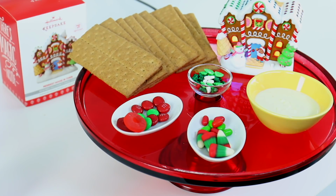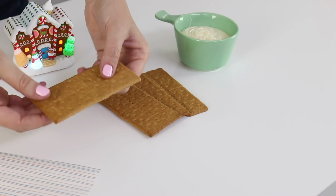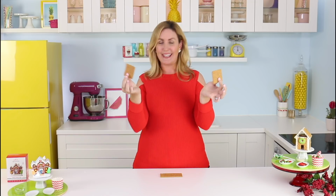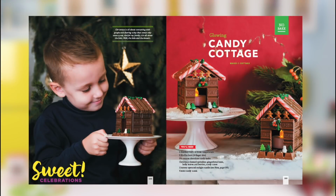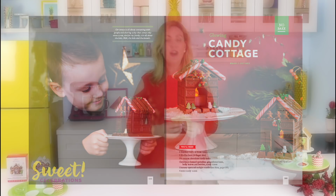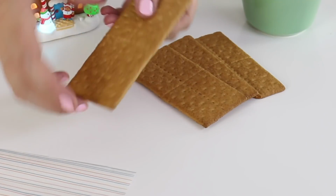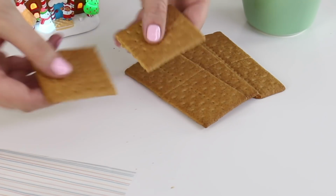Let's get started. First up, graham crackers. If you can't get these where you are, they're basically a long square cookie that snaps really easily. You have a couple of options. I've done similar versions to these in my cookbook with thin blocks of chocolate, which also work if you're not in a hot climate for summer, or you can use something like an ice cream wafer, which are really easy to cut. You want to start by snapping all of your grahams in half,